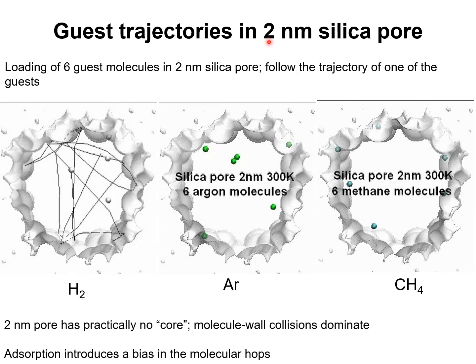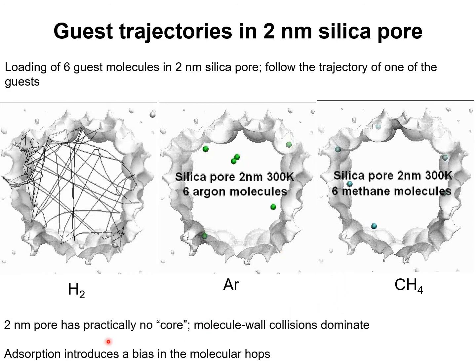the diffusivities inside a 2 nanometer silica pore, for which molecule wall collisions are of dominant importance and molecule-molecule collisions are of negligible importance. And we consider 3 guests, hydrogen, argon, and methane. In each case, we have a total loading of 6 guest molecules, and we track the trajectory followed by one of the guest molecules as it